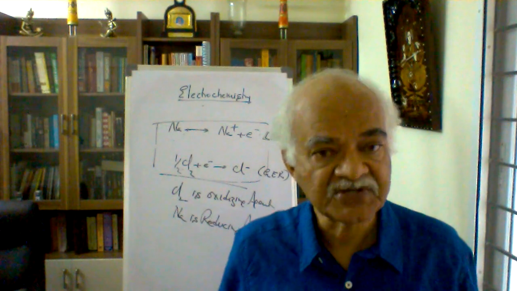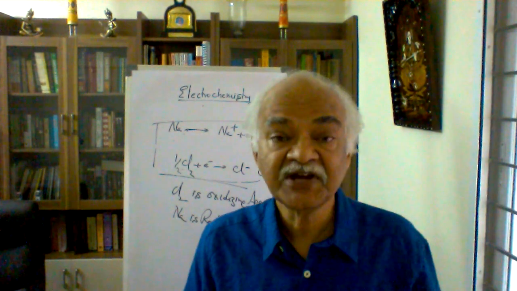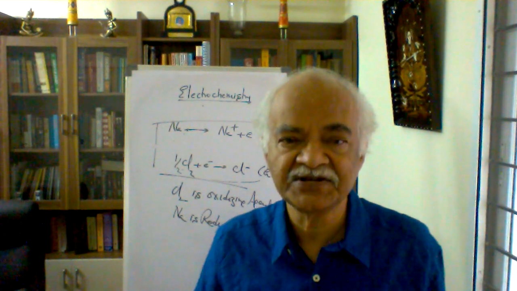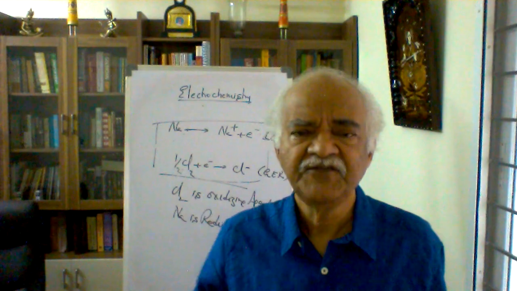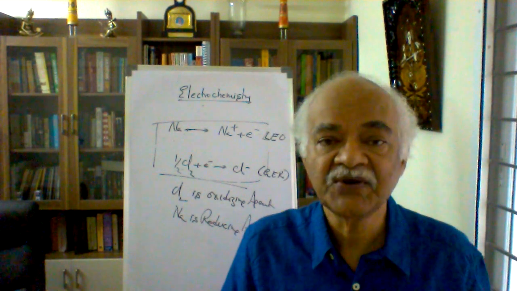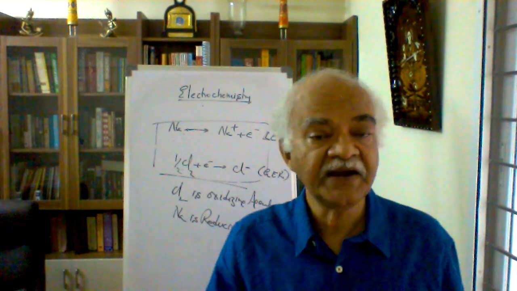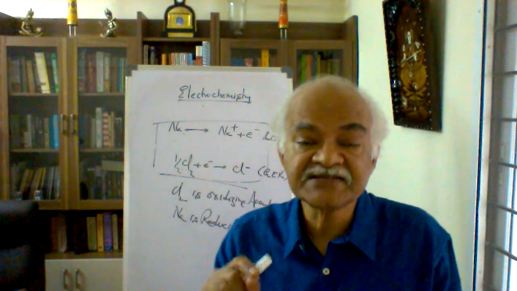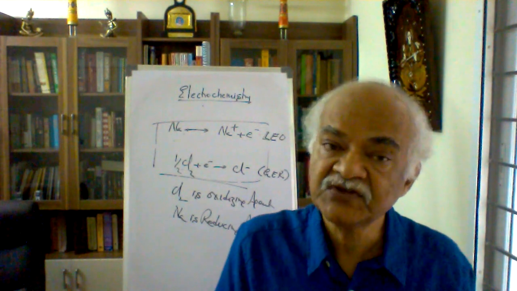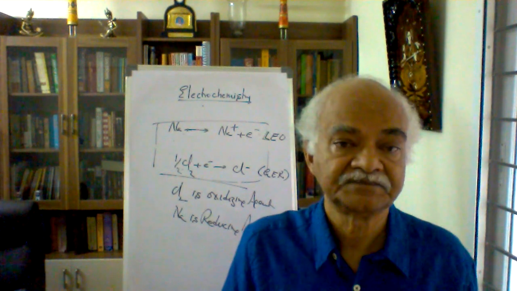But in electrochemistry, we have a far better method by which you can make out which is an oxidizing and which is a reducing agent, such that at the end of this video lecture, you must be very fluent in recognizing an oxidizing agent and also a reducing agent. And not only that, you must be able to assign the strength of the oxidizing agent or the strength of the reducing agent. That should be our ultimate aim.